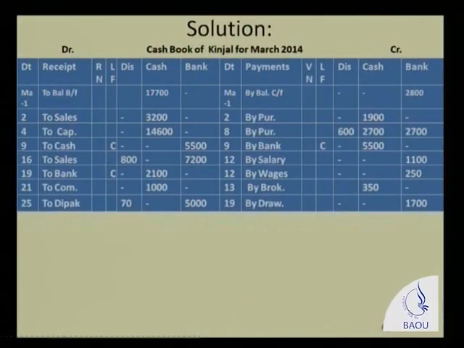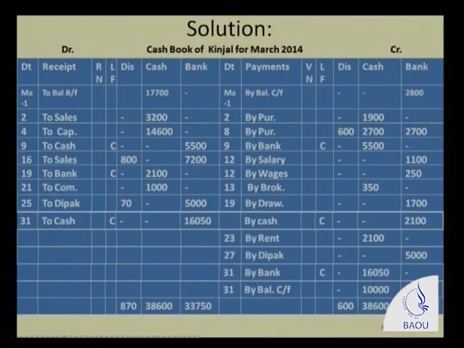Now moving to the last transaction, that is dated 31st. After keeping cash on hand of rupees 10,000, the remaining amount is deposited in the bank. Whatever amount is actually in your hand, out of that the 10,000 rupees we will keep in hand and the remaining will be deposited in the bank. So there would be one contra transaction. See here how it would be recorded.